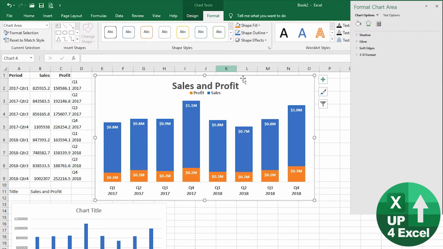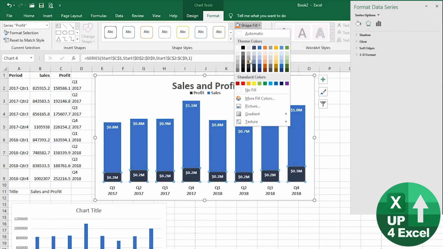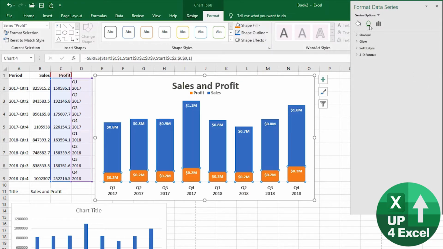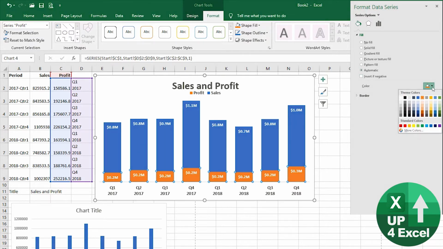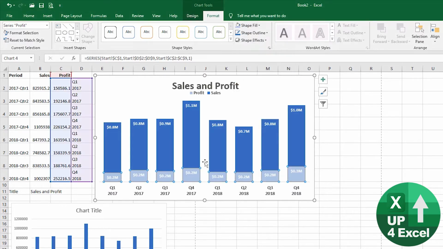We can just change the colours of our chart quite simply. For example, we can select the series, say series profit, and then change the colour to anything we like on the palette here. Or, once the series is selected, we could go over here to the colour palette. We can change the colour by using this drop down. So I'm going to use up here. I'm going to go with a light blue, perhaps that, and leave that one